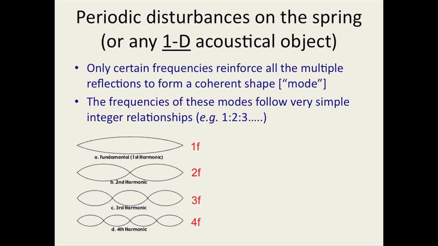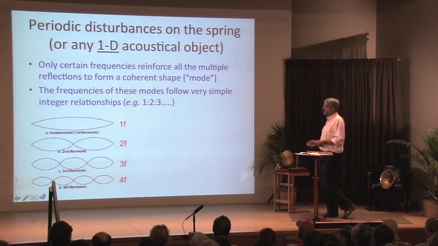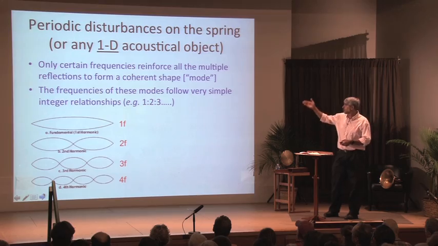Just to reiterate what you've just seen now, you've seen shapes that I can show here. Here's the fundamental at once times the frequency, twice times the frequency. For those physicists in the audience, you can see that the wavelength of this disturbance is getting shorter as we go down, just as the frequency is getting larger as we go down. The ratio is a simple mathematical relationship of 1 to 2 to 3. Only certain frequencies of wiggling generate these special patterns, which we call modes. Okay? Very important for the musical side of this.